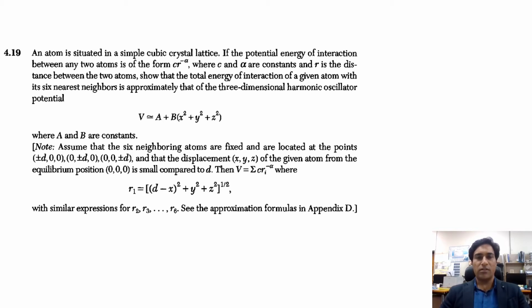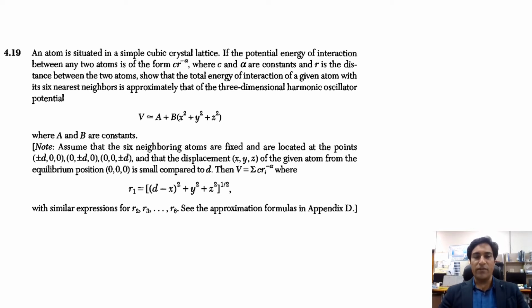In this problem, the nearest neighbor atoms are situated at points (plus minus d, 0, 0), (0, plus minus d, 0), (0, 0, plus minus d), and the displacement of the situated atom from the equilibrium position (0, 0, 0)